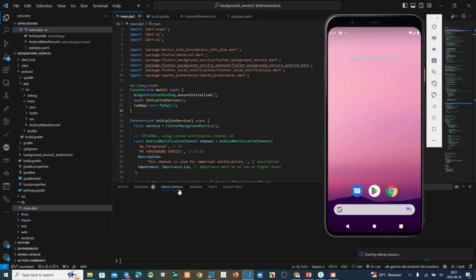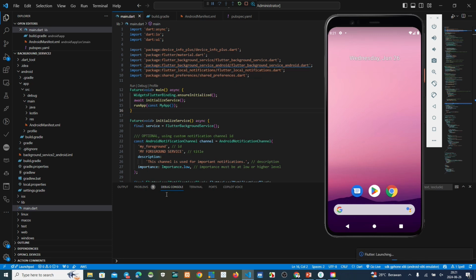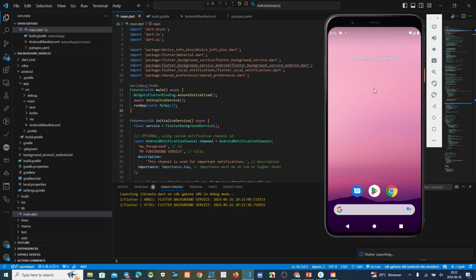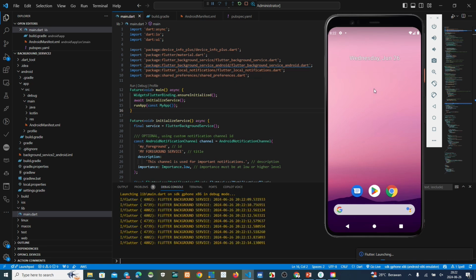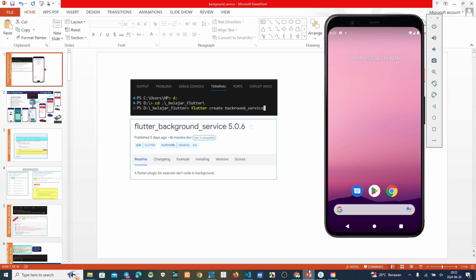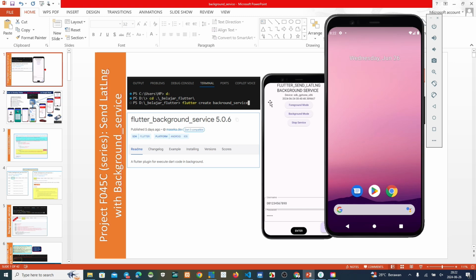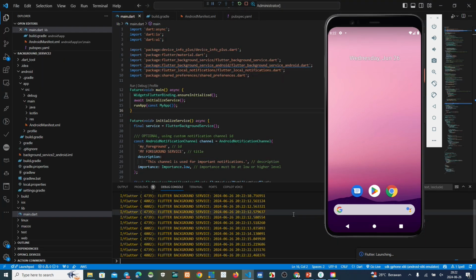Okay, now we try start debugging again. After that, we see the error for updating here. After clearing all the errors, we have finished the Flutter background service, and after that we must update the send latitude longitude. Okay, we see step by step, before we continue the next slide presentation.